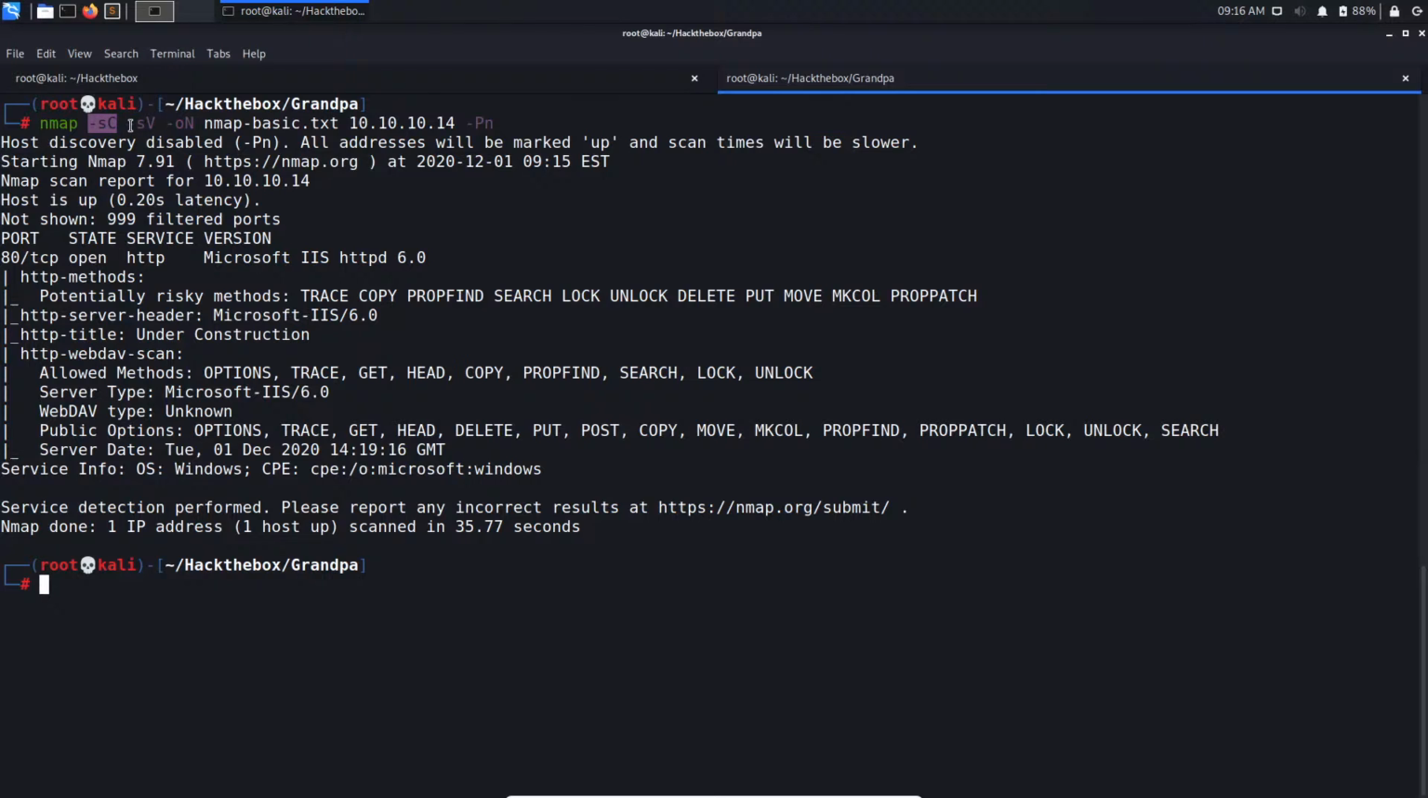I'll make a video regarding that as well. And hyphen s capital V for looking into the versions. So suppose we have a service here, HTTP, and here we're looking into the version. And here we got something like hyphen o capital N